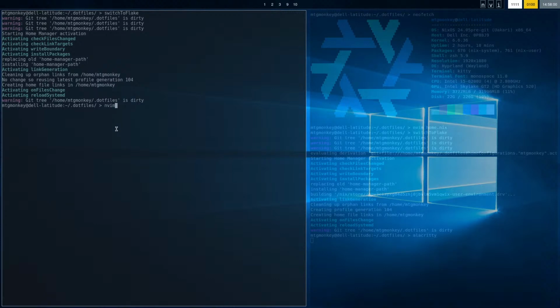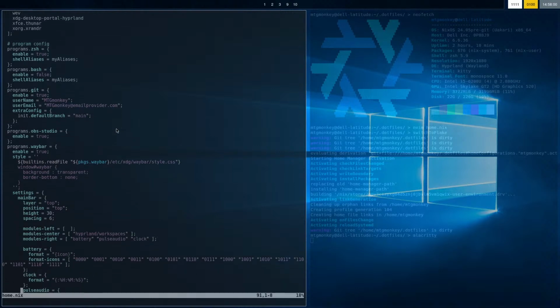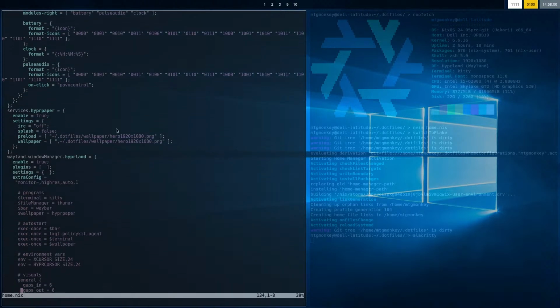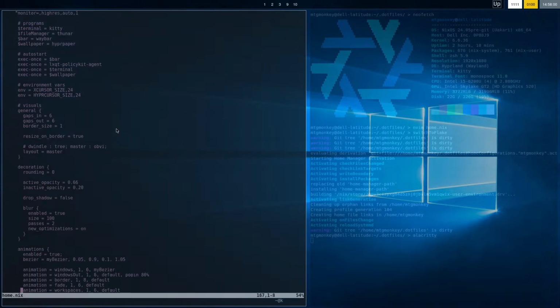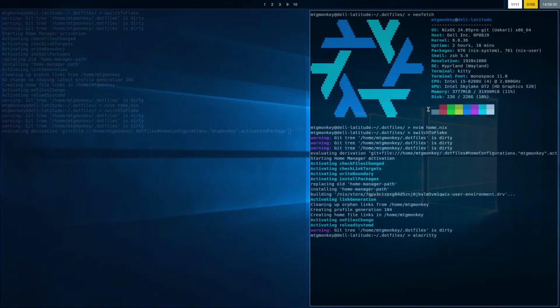So I have Alacritty installed, but I want to make it my default for everything. So what I have to do now is I need to go down, ooh, I love this color scheme. Go down into here, Alacritty. Alright, quit. That should be fine. Right now we switch to Flake. I'm just gonna